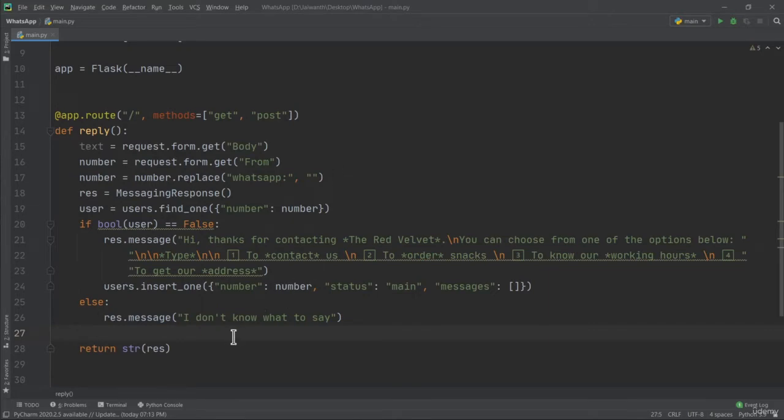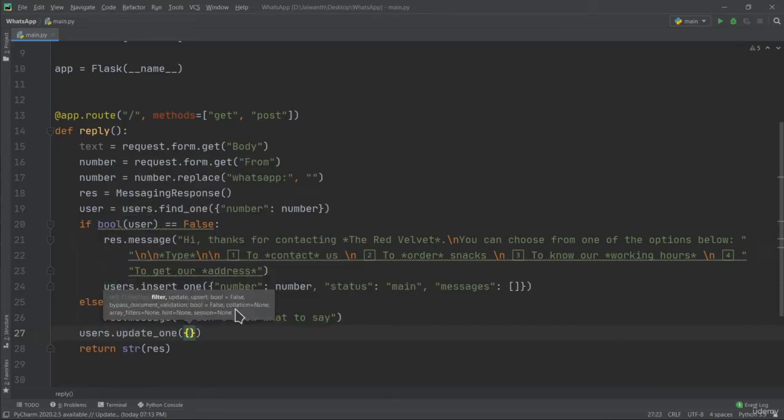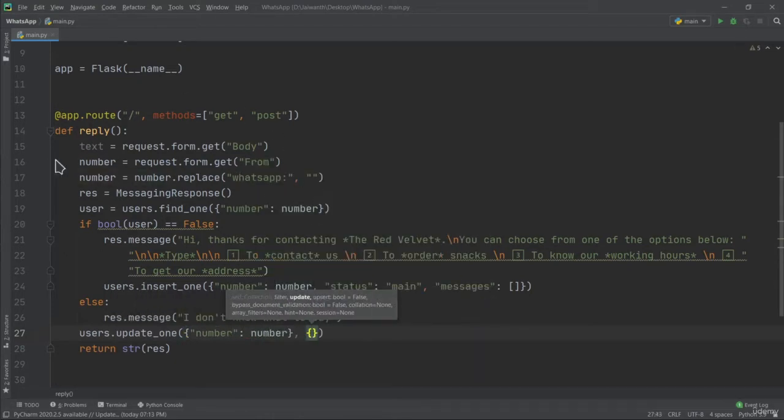To do that, just type in users dot update one. We'll filter using the number, so just type in quotation marks number equals number. Now we'll have to add the text into the messages array. To do that, just type in quotation marks $push. This basically pushes anything into an array. So push colon